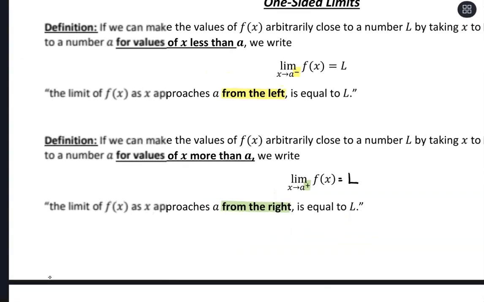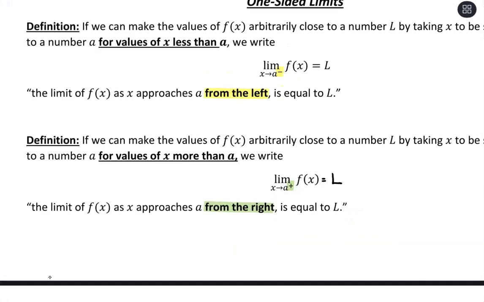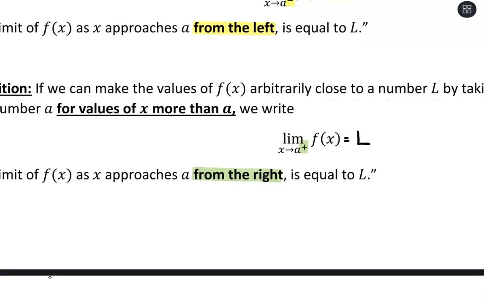So left-sided limit, right-sided limit. The left-sided is going to look at x values that are just a little bit less than a, and then our right-sided limit is going to look at values of x that are just a little bit more than a. So if we think about a number line,